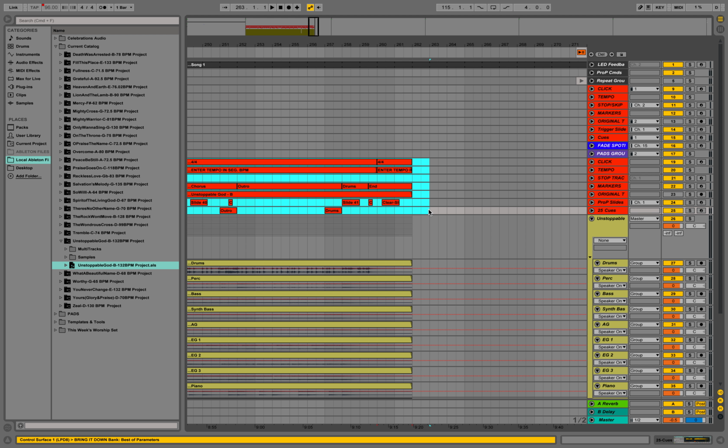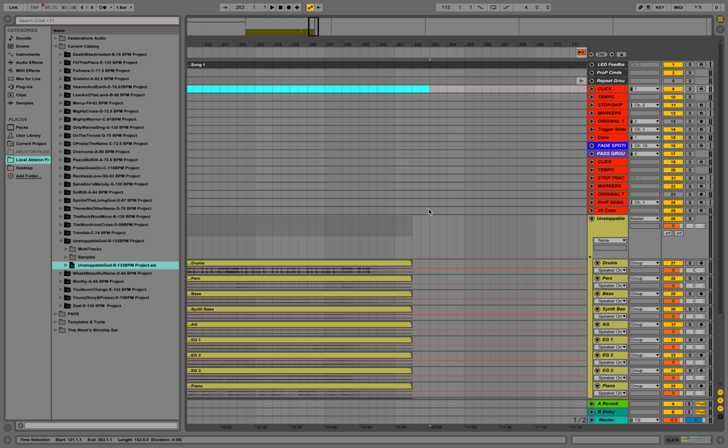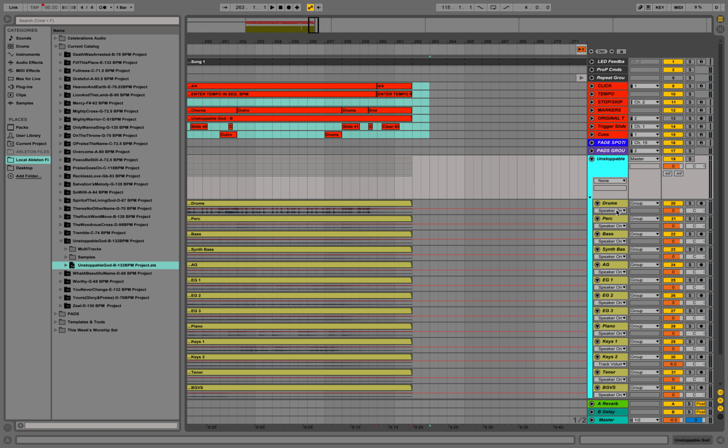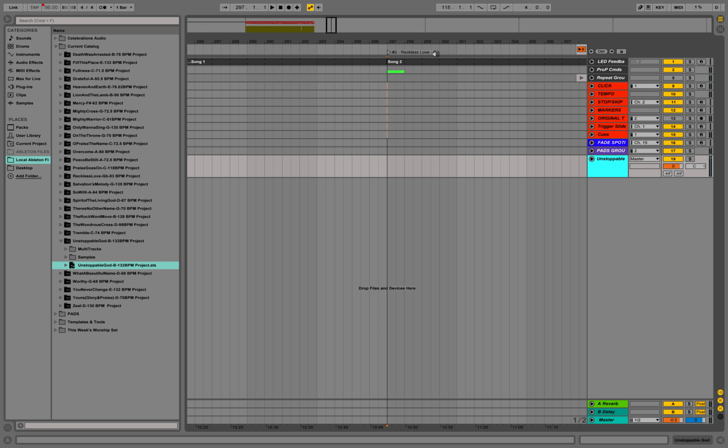Command X to cut, and I can just arrow up to the click clip or the click track of the top red tracks. Command V to paste, and get rid of the packaging tracks that those clips came in when I dropped in my ALS file. Great. So the next song, I'm going to press the 2 key, Reckless Love, and do the